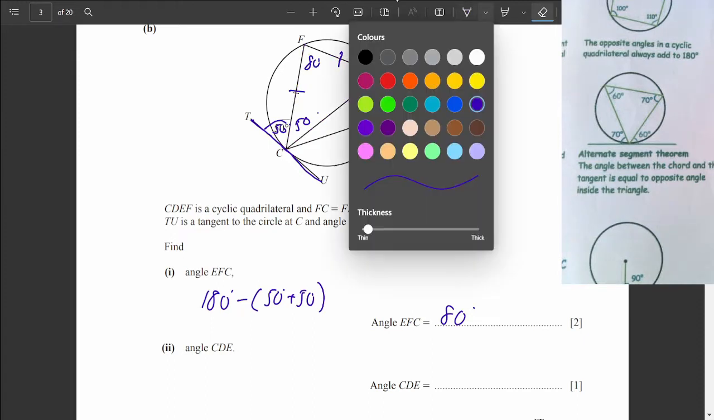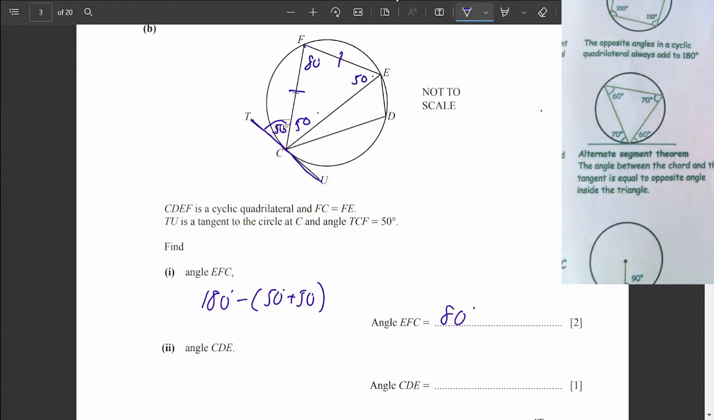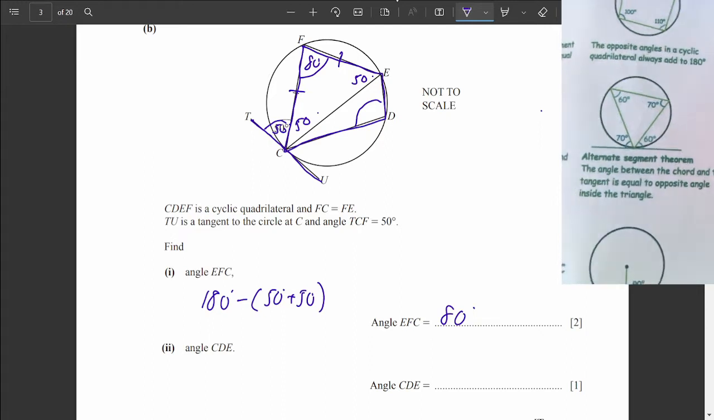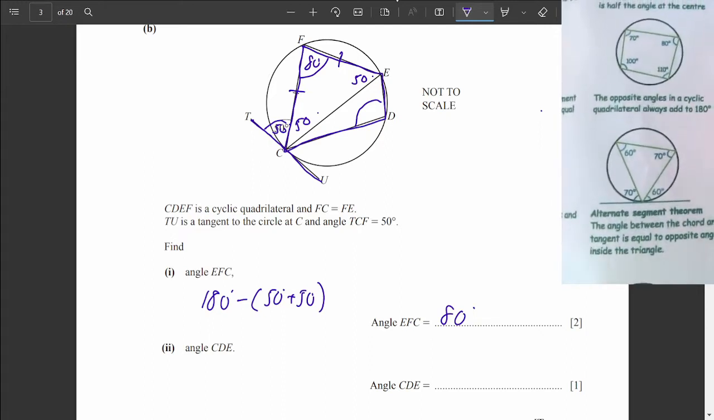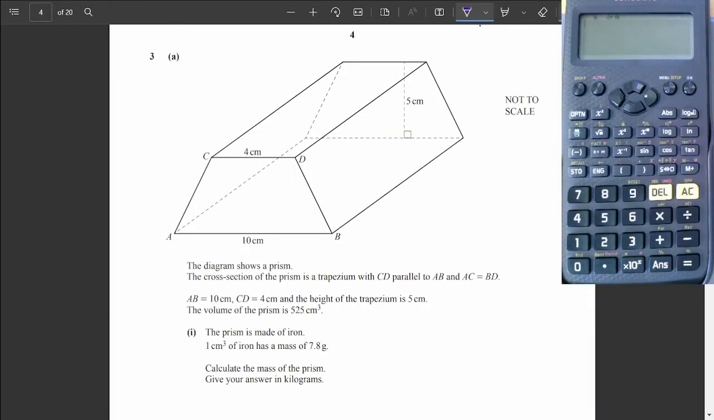Then for part 2, we got the cyclic quadrilateral. We got this angle here is 80. Opposite angles in a cyclic quadrilateral equal 180. So all we need to do now is do 180 minus 80, and we get 100. Surprising how many students got this wrong. You can do it. Question 3a, they give us a lot of information, and then they want us to find